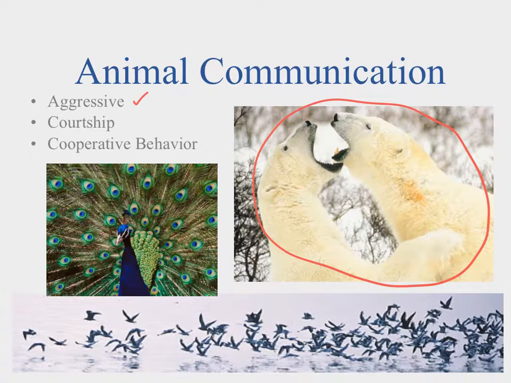We talked earlier about courtship behaviors, and we can see a nice example down here with our male peacock displaying his tail. What that does is try to get a mate. Some birds will do it with song, some do it with coloration. We can see all different kinds of courtship behaviors.